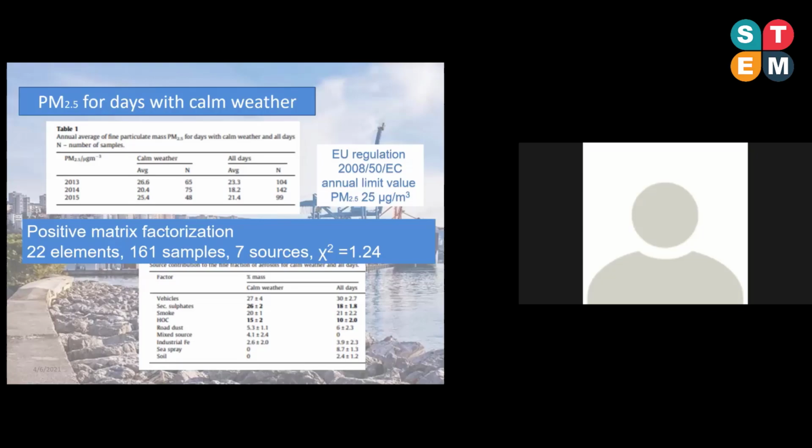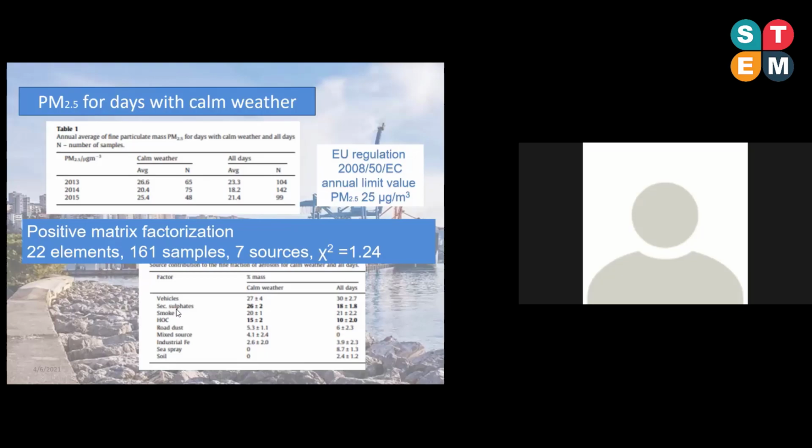The PMF matrix contains 161 samples, 22 elements, 7 sources, and we obtained chi-square 1.24 and F-peak value set to 0. 7 source fingerprints were identified: